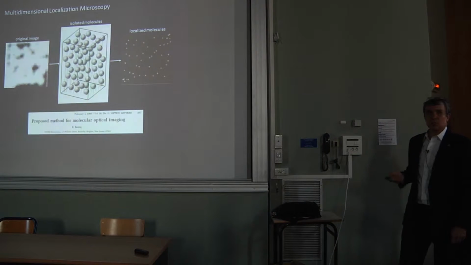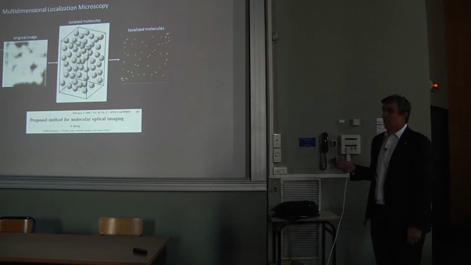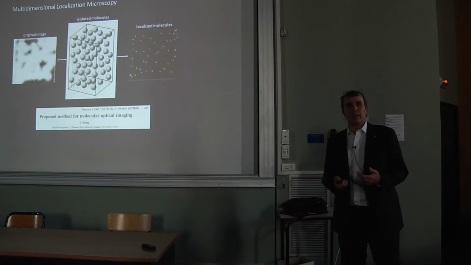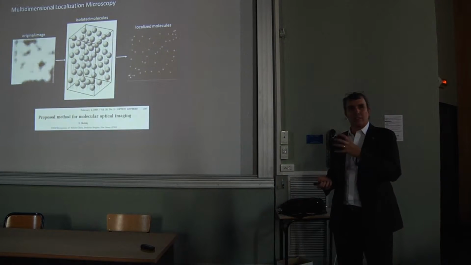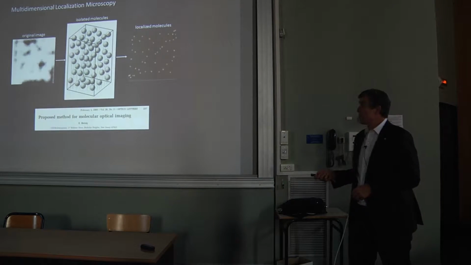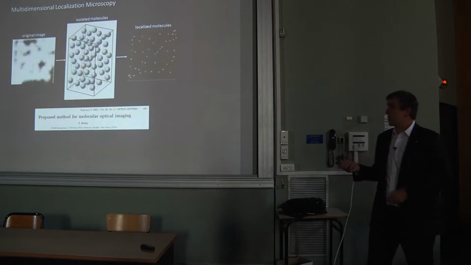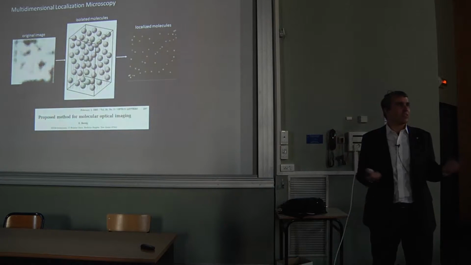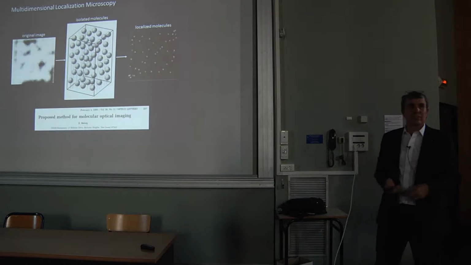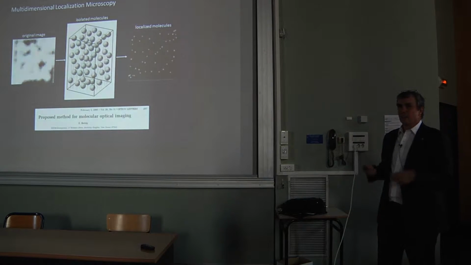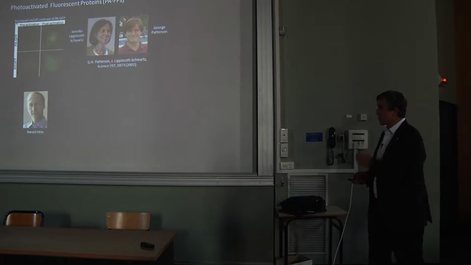But there was a catch with this idea, which is that in a normal cell, there might be hundreds or thousands of proteins in a diffraction-limited spot. So you need really good discrimination of individual molecules, see one on top of 1,000 others. And that didn't really exist at that time. So it was just a sort of Gedanken experiment.